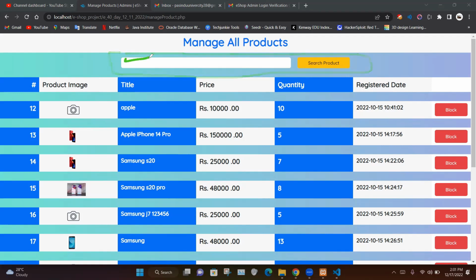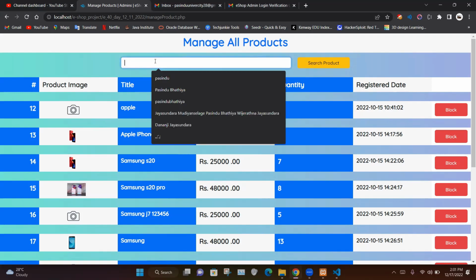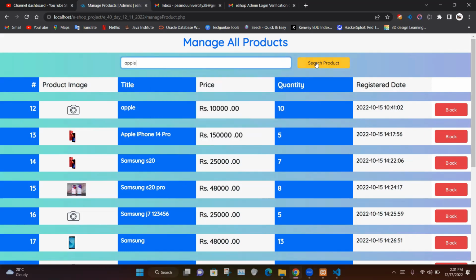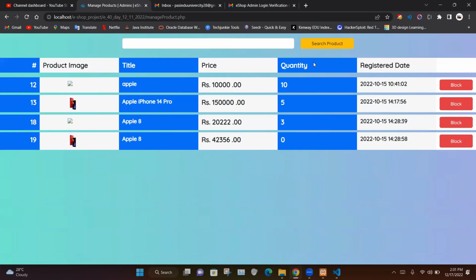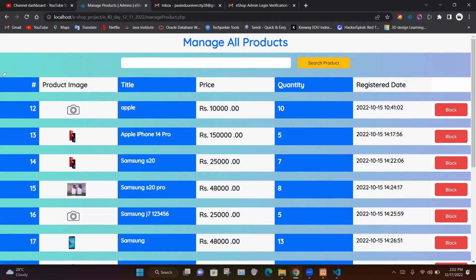We have used the input field to get the user's input, and then in here we have inserted the search button as search product. When we enter a keyword in this input field and click on this search product button, it's going to give us the products that are relevant to that keyword. After the search area, in here we have inserted another label as ID, then the product image, title, price, quantity